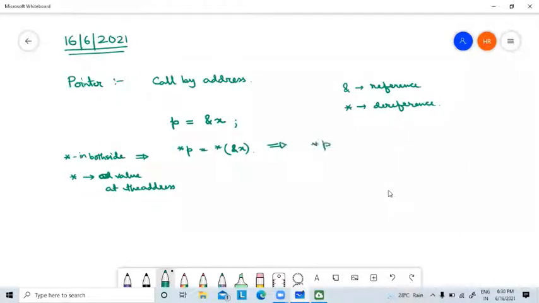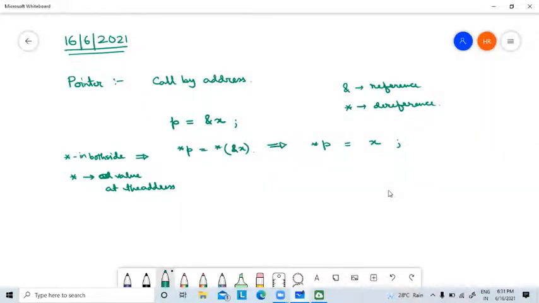So it means star p is equivalent to x, and that is the main goal of a pointer: if I am able to store the address of one variable, then without accessing that particular variable directly, we can access its value through another variable.